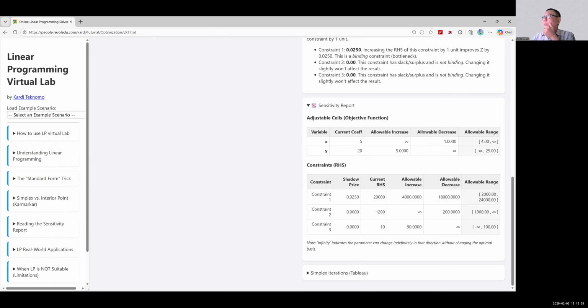Okay, so the last but not least, group four. Can you explain the constraint sensitivity?